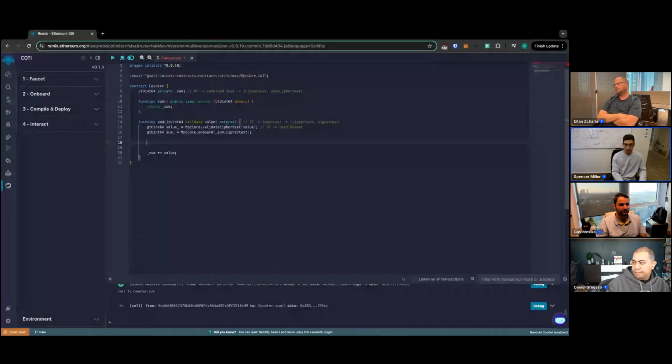So again, we need to use another function provided in the MPC core library, which is our add function. In order to add the encrypted value to the sum, we could do something like this: MPC core add, and we want to pass sum and value. And finally, you might think that we could simply do something like this, just store the value that we just computed in